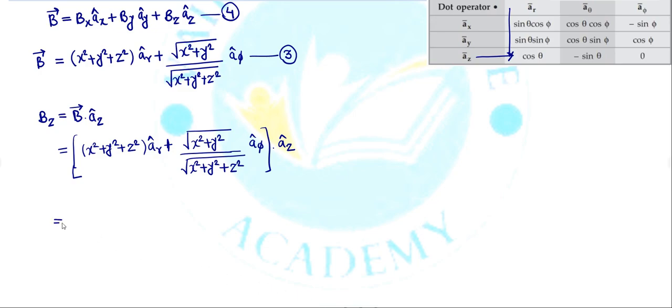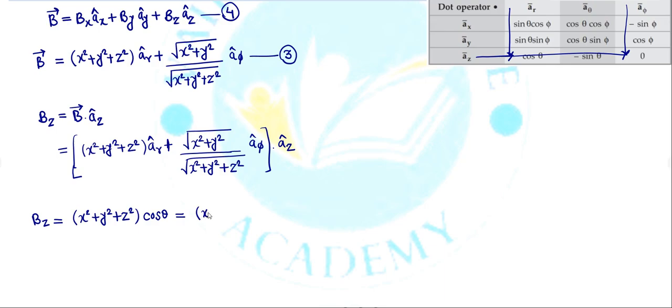So the dot product in between that aR and aZ. So this will be as it is, x square plus y square plus z square, and the dot product in between that aR and aZ is what? Cos of theta. Now the dot product in between phi and z, which is 0. So I am not going to write any value for this since we have that value to be 0. So this is the Bz, and now we are going to put the value of that cos of theta,